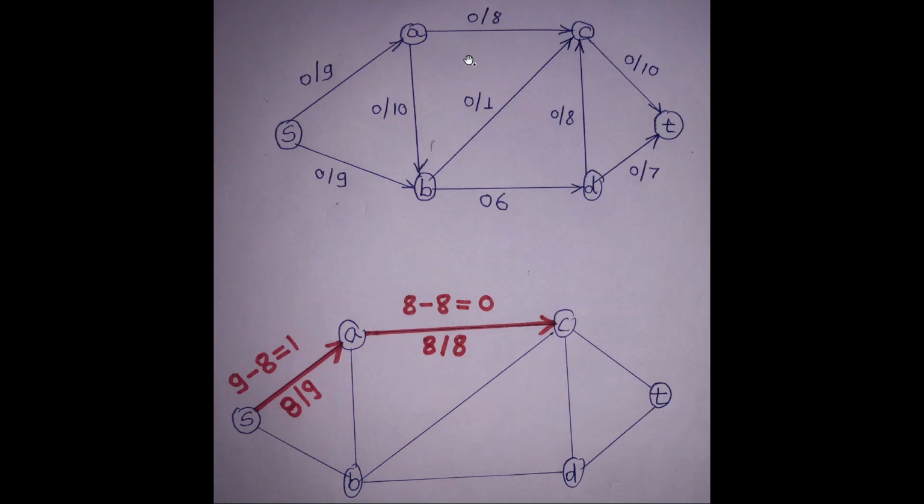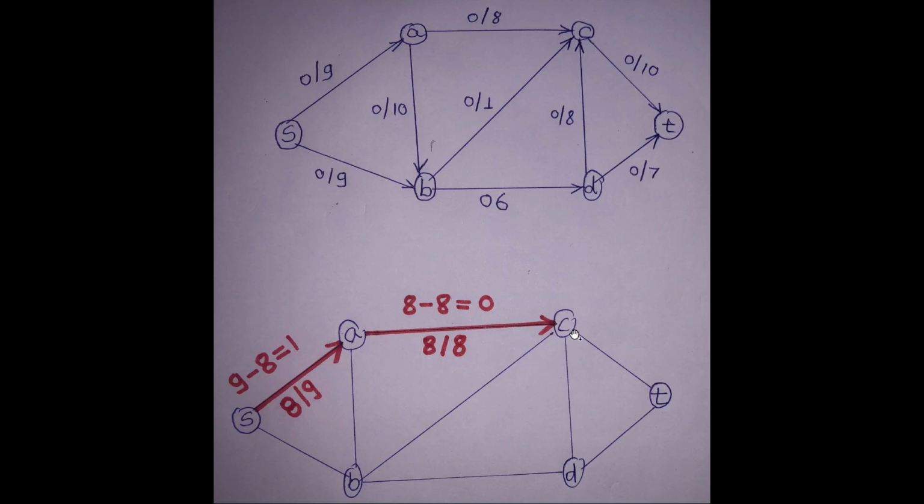So the next possible path is A to C. Now we are using the full capacity of this edge, that is 8 minus 8 is equal to 0, meaning the remaining capacity for outgoing flow on this pipe is exhausted, no more forward flow is possible on this route. Incoming, that is reverse flow of 8, is possible, but we have utilized the whole capacity of this pipe in the forward direction.